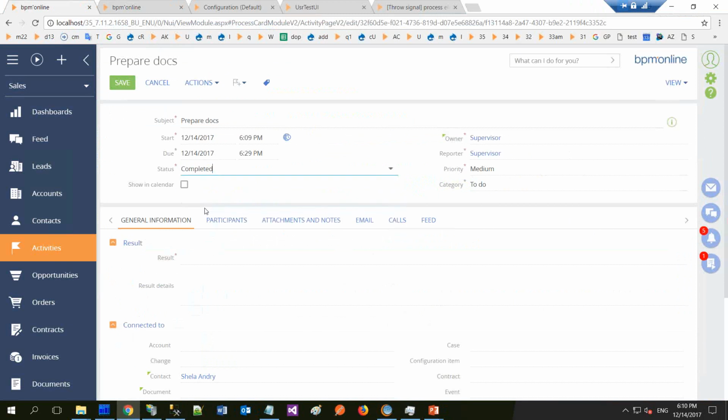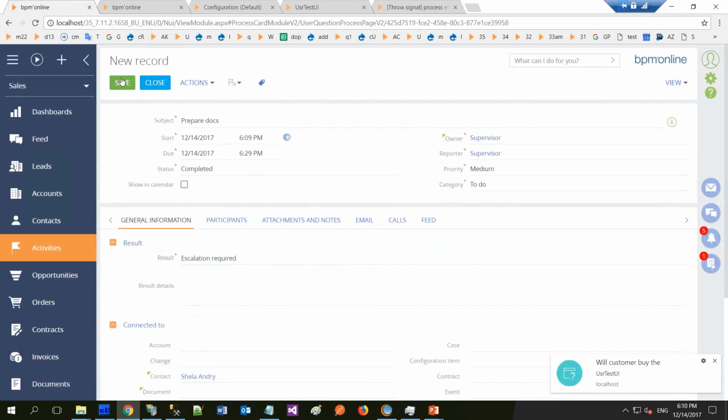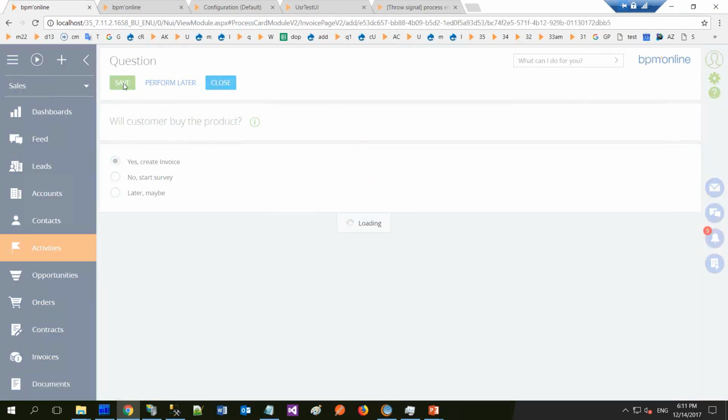Prepare docs, completed, some result. As you see, the contact value was set here automatically. Then we see a special item, a question window, and you see some hint here, and we have a choice of 3 items, and the first item was selected by default. So we can create invoice, good. And our process went to the